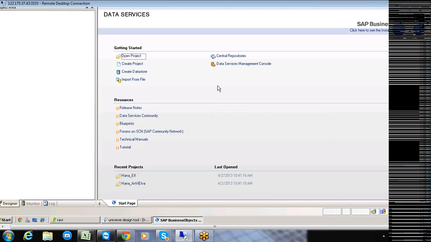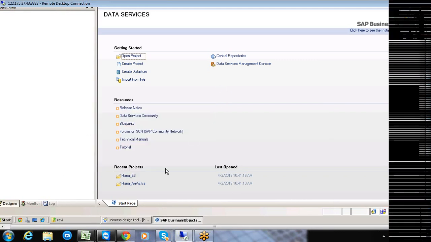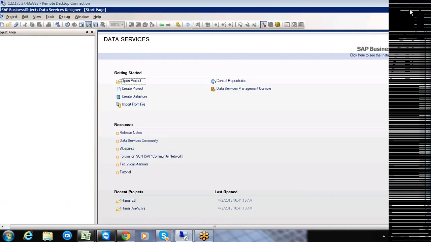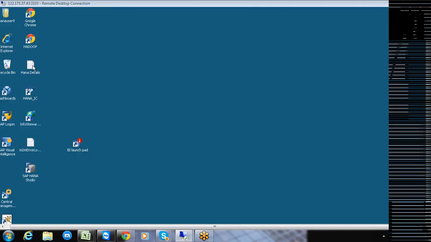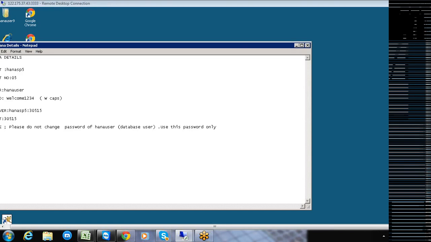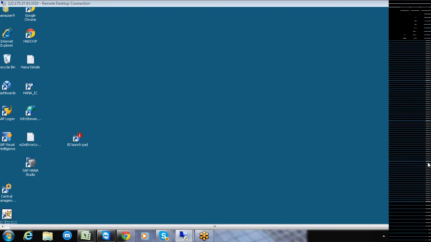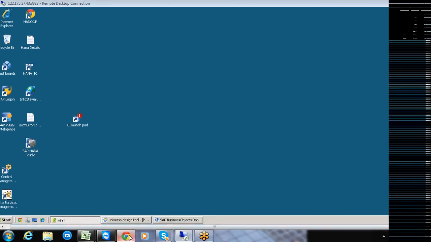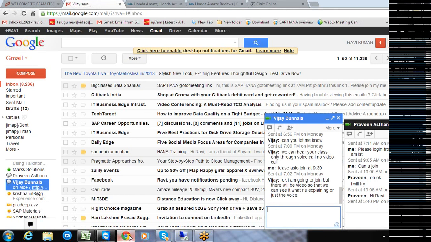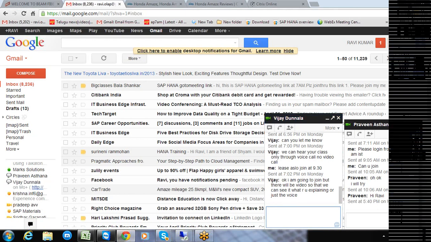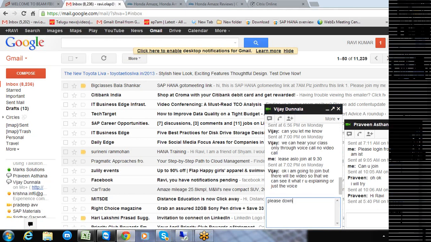Ravi, what's the password you put on the HANA platform when you connect to that designer? Is it the same? HANA platform in the sense? To the HANA database you are talking about? Not the HANA database. Once you log into the designer, you have the repository. That is star HANA 123. Star HANA 123. Oh, it is different. It is different from what you are having. One minute, sir.